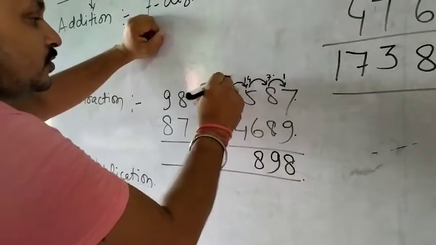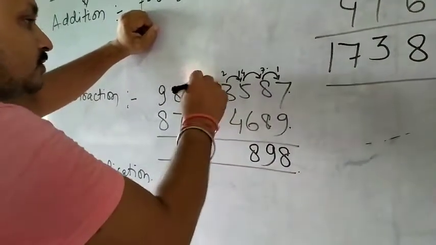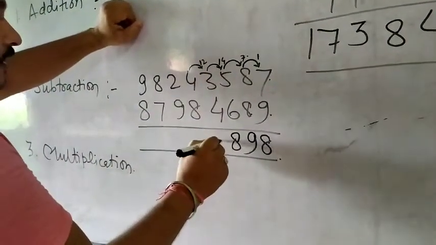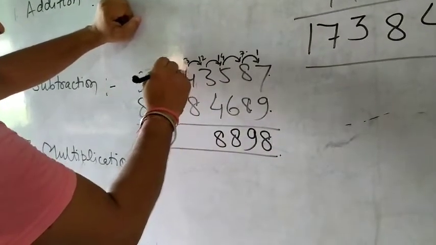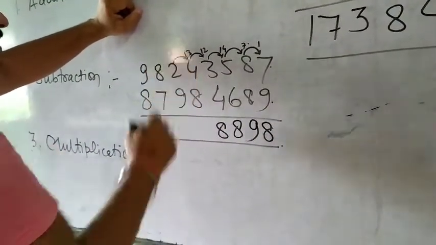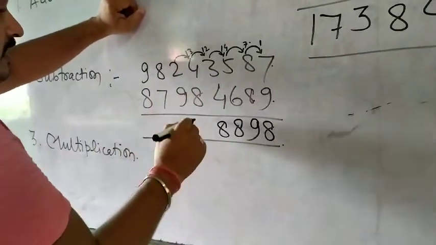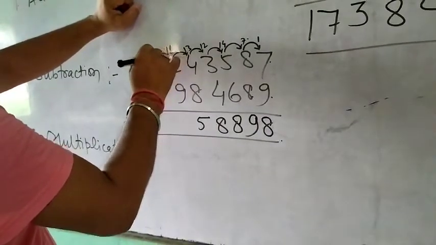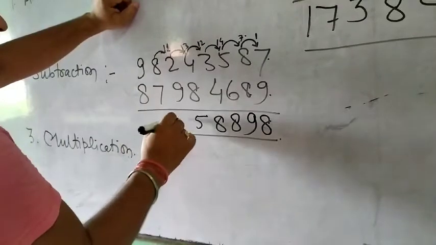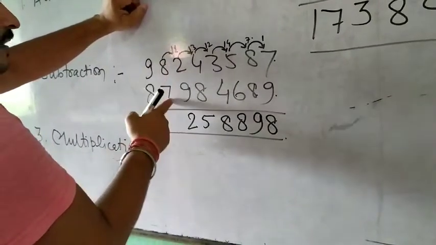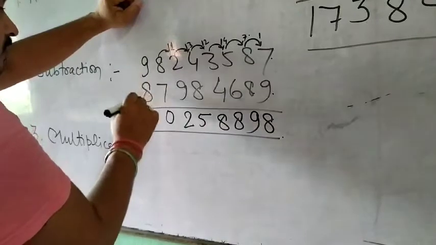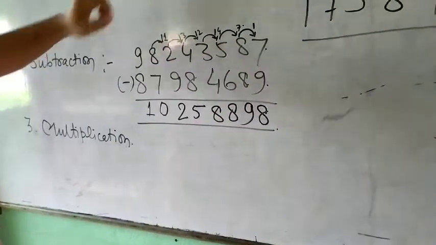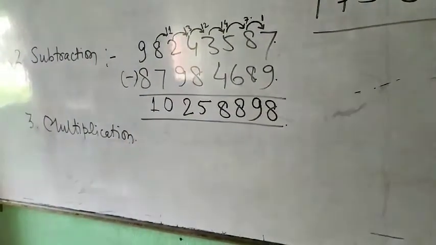Here the result is 2, which is also smaller than 4, so here we take 1 as a carry on, so 12 minus 4 is 8. Here is also 3, 1 we take as carry on, it becomes 13 minus 8, that means 5. We got here 1, here also we take a carry on, that means 11 minus 9 is 2, here is a 7 minus 7, we got result as 0, 9 minus 8 we got 1. This is the subtraction of the carry on. In this way you can subtract on this basis.